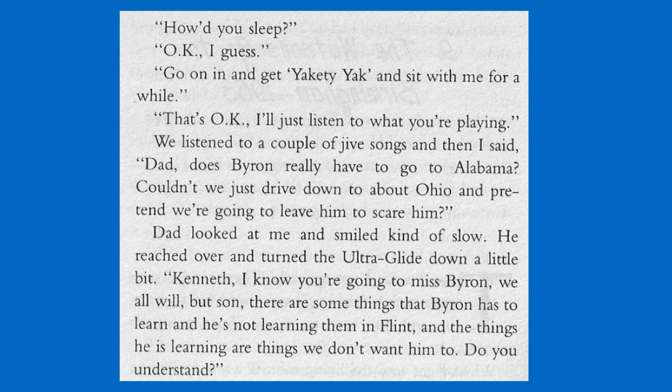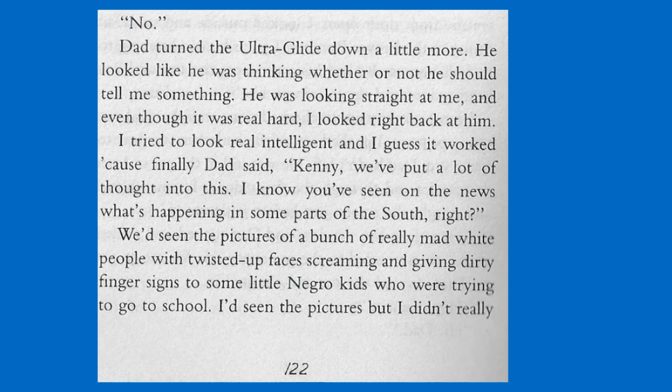Kenneth, I know you're going to miss Byron. We all will. But son, there are some things that Byron has to learn, and he's not learning them in Flint. And the things he is learning are things we don't want him to. Do you understand? No. Dad turned the Ultra Glide down a little more. He looked like he was thinking whether or not he should tell me something. He was looking straight at me, and even though it was real hard, I looked right back at him. I tried to look real intelligent, and I guess it worked, because finally Dad said,